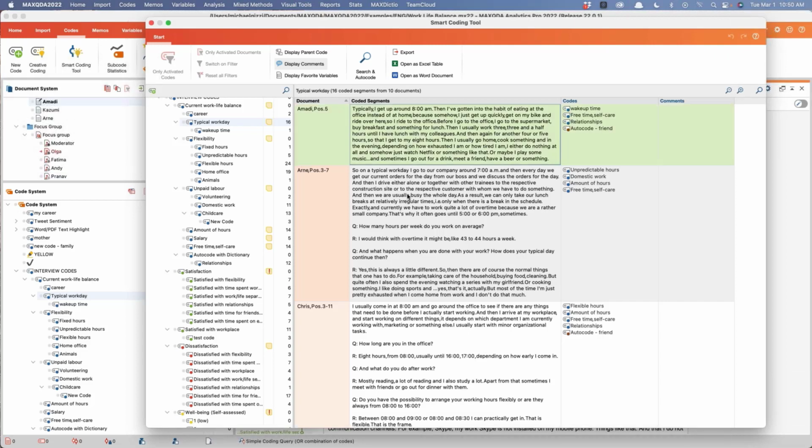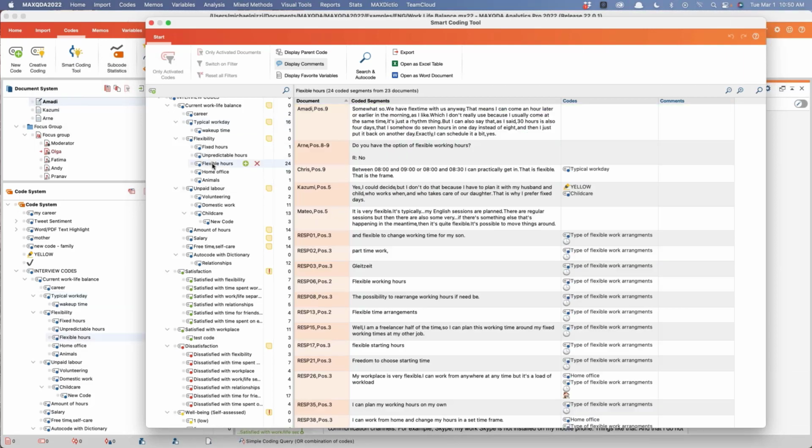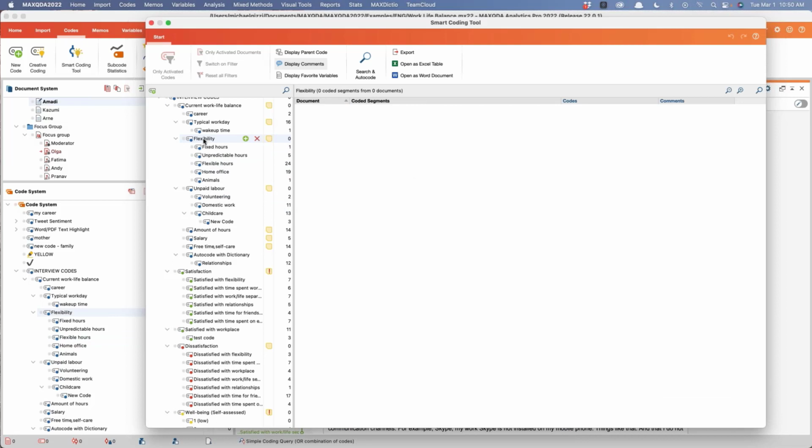Just for understanding, if I look at the flexibility thing, which is like no part of the text directly assigned to the code flexibility itself and only has subcodes, there's no chance to see all the coded segments that were assigned to flexibility via the subcodes, right? Not unless you have chosen to take all of these and code these also as flexibility. You have a choice with parent codes to code the parent or not. And so I have some projects where I've done that,